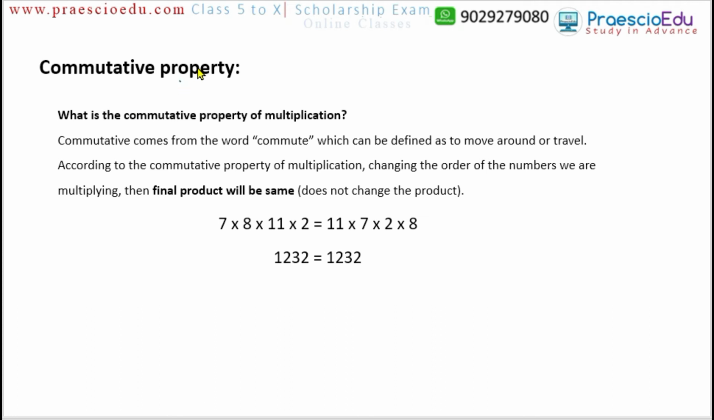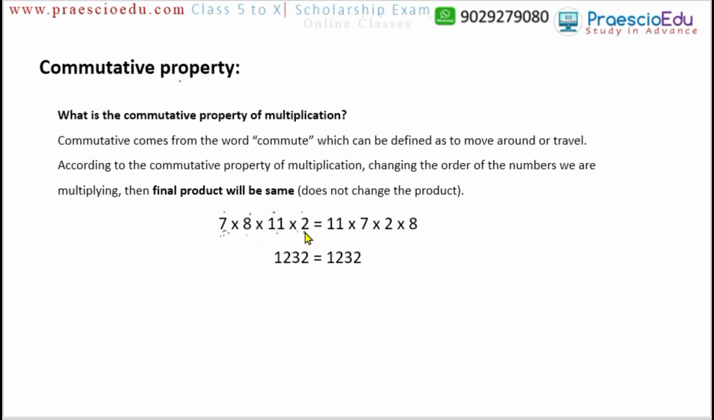Commutative means we can move things around. Suppose this is one example: 7 multiplied by 8 multiplied by 11 multiplied by 2. Now this is a sequence. If we change this sequence, moving around the multiplication, for example 7 multiplied by 8 or 8, then multiplied by 11 and then multiplied by 2. We can multiply any numbers in another sequence also, directly 7 multiplied by 2,